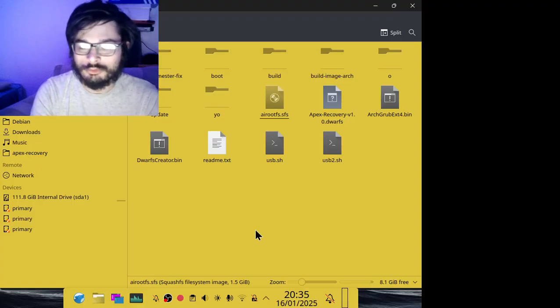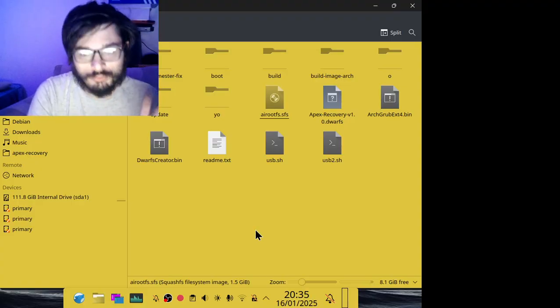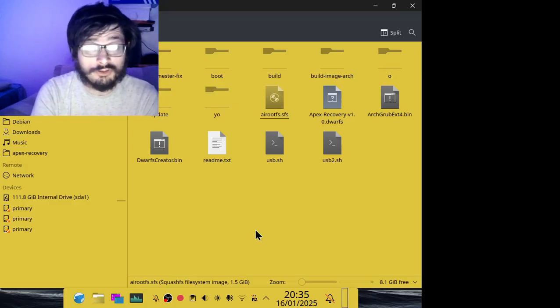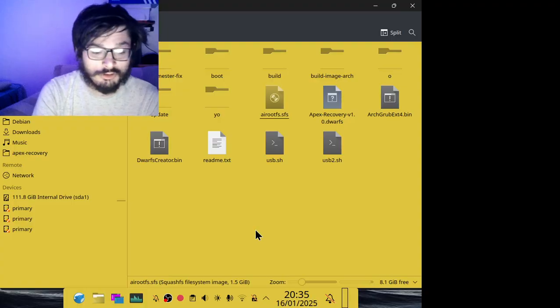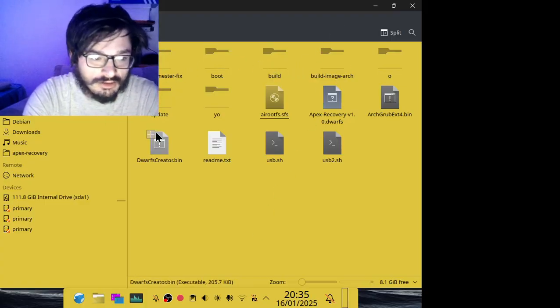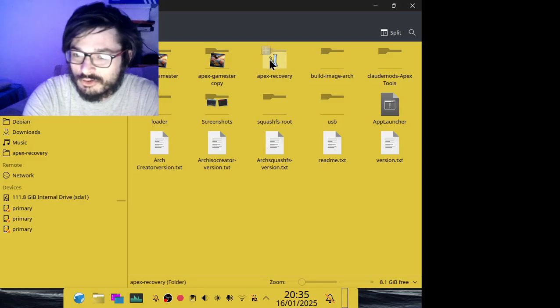But the finishing product is here in the video. This is actually what I want to do. I want to get the recovery out and I want to get the desktop out. I'm working on the recovery first. The desktop was the first thing I ever made, so I will be going back to that because I actually want to integrate it into it, which is why we've got the loader. So the loader obviously loads